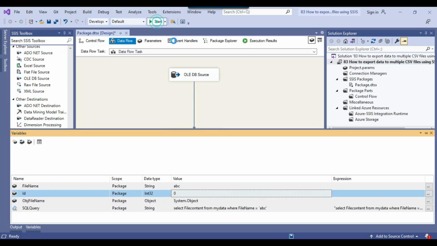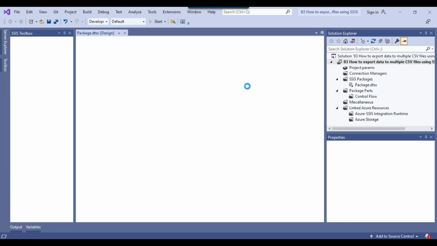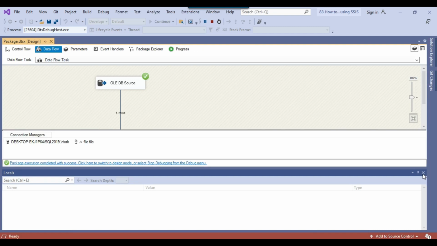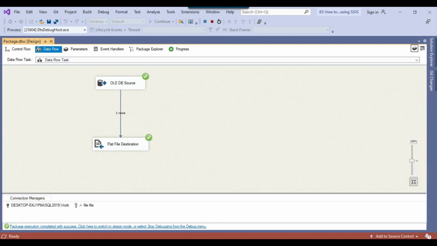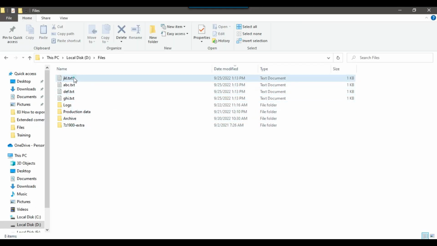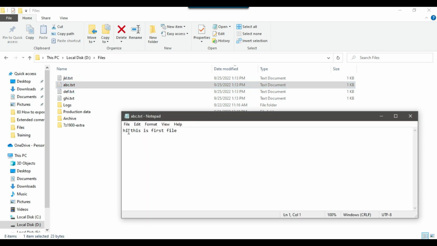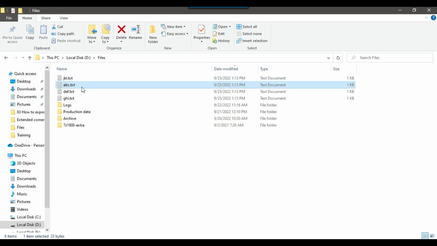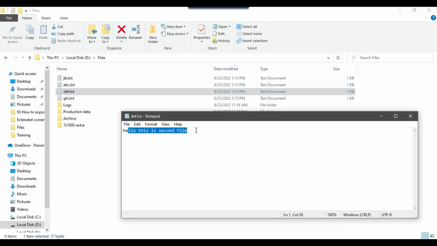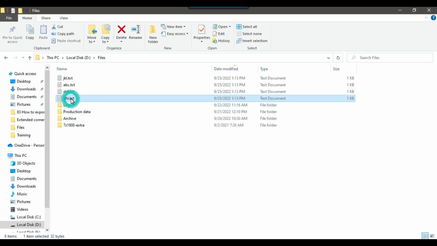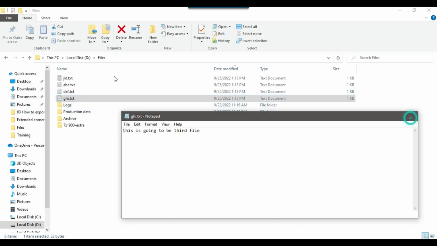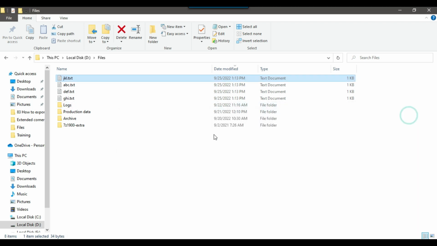So I can execute my SSIS package and it should export the data to multiple files. So you can see that the package ran fine. If I go back to the d files location, then you can see that 4 txt files got created here. This is the first txt file, abc.txt, and if I open this one, you can see that this is the content from the SQL Server table, that hi, this is first file. And if you open the second file, def, this is the content, hi, this is second file, and then this is the third file, okay, and this is the fourth one. So this contains the data from the SQL Server table.